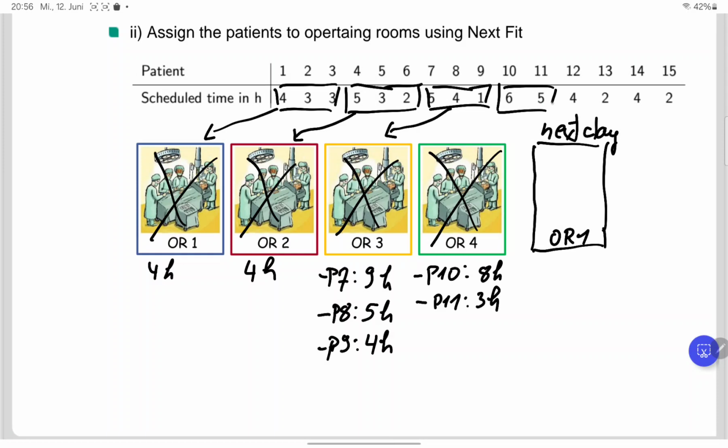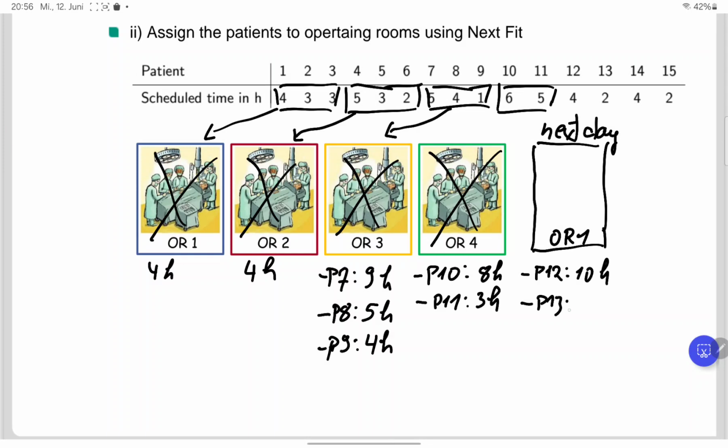Okay, so the remaining patients have to wait till, let's say, if the first one was on Monday, they have to wait till Tuesday, the next day. Okay, then we have again 14 hours of capacity. So we assign the 12th patient with 4 hours, so 14 minus 4 hours, we still have 10 hours left,